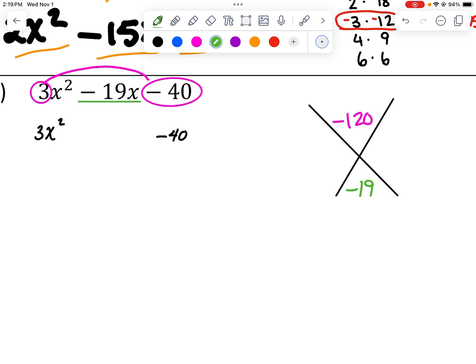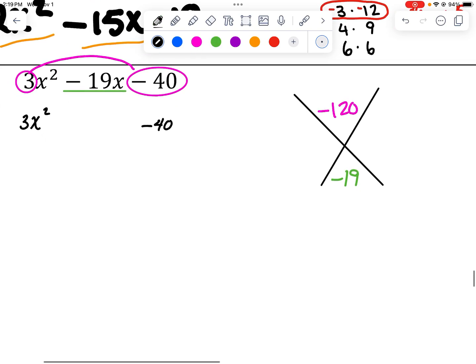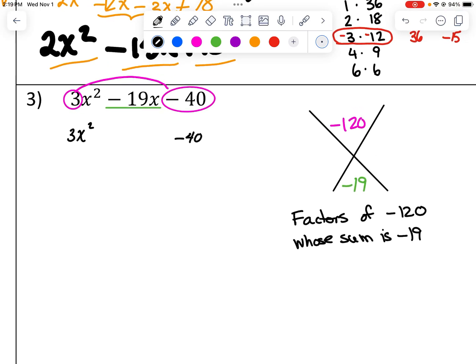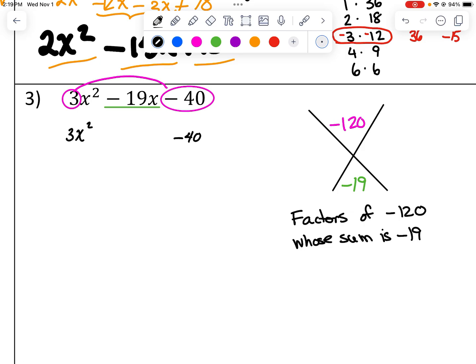Okay, so I am looking for factors of negative 120 whose sum is negative 19. And because it's a negative number, I need their difference, really. So if I think about all the factors of 120, so that's 1 and 120, that's 2 and 60, that's 3 and 40, that's 4 and 30, that's 5 and something, let's see, into